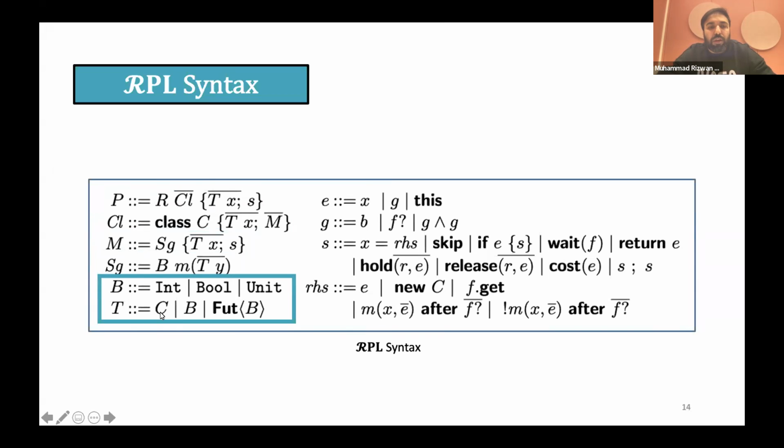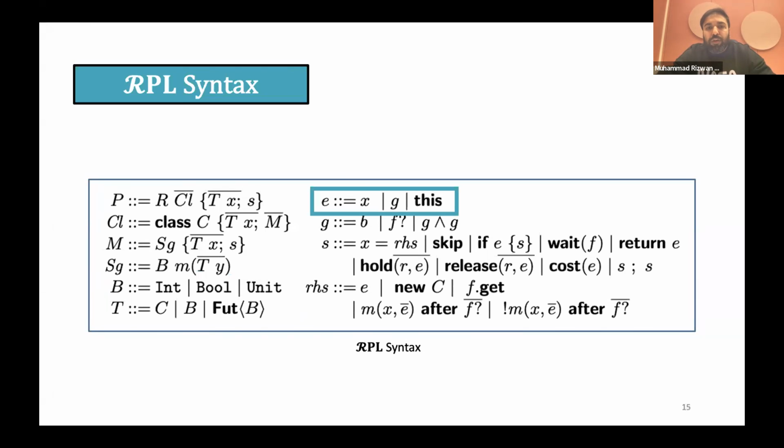It can have classes and a special type, which is a future, as I explained earlier, that language supports an actor-based concurrency model. So all actors can directly send or receive messages to each other. And these messages are tightly coupled with a mailbox called future. So here future is the type which is associated with each asynchronous method invocation.